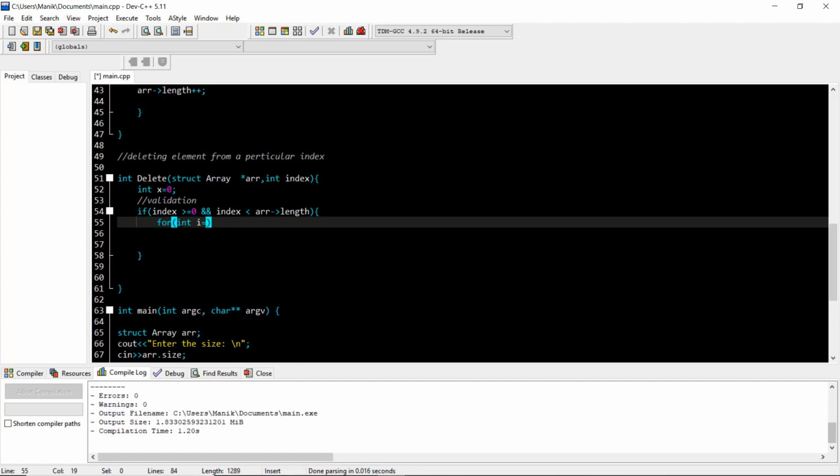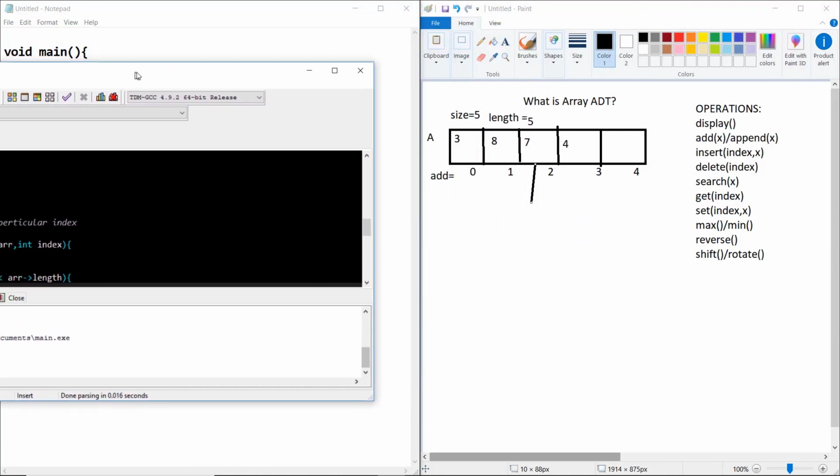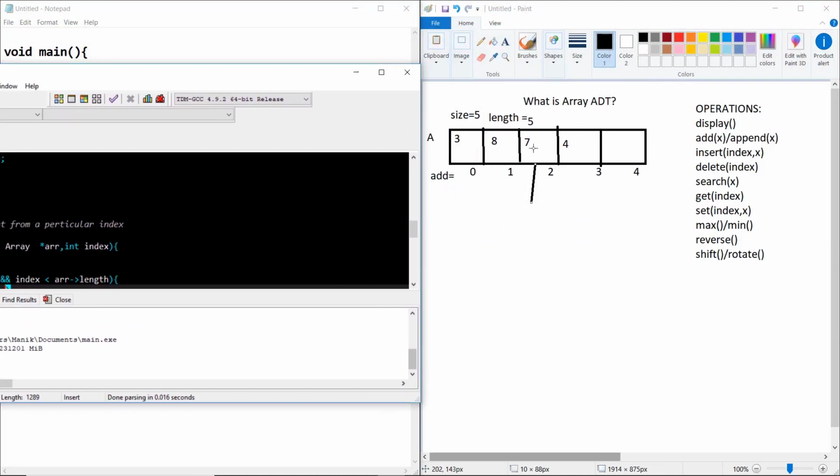So for int I is equal to, I just follow the steps of this. Let us suppose in this case, if I want to delete an element 1, okay, we have this index. So for int I is equal to that index until the length.